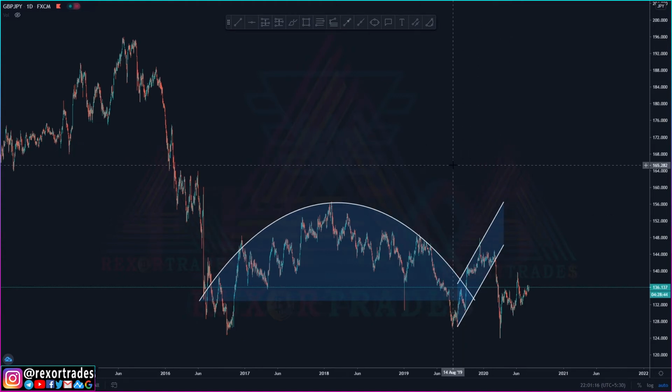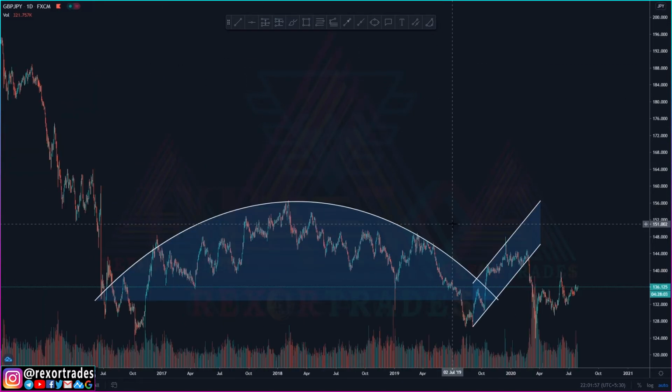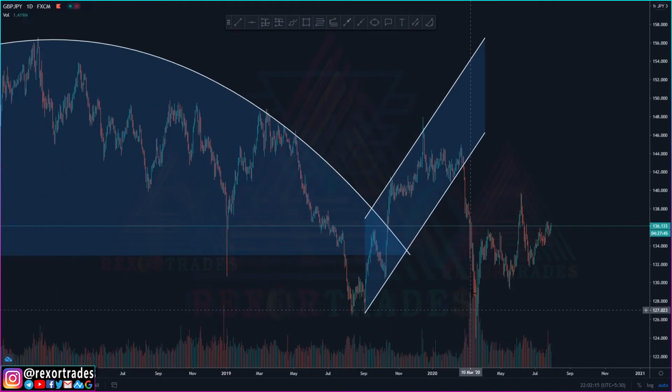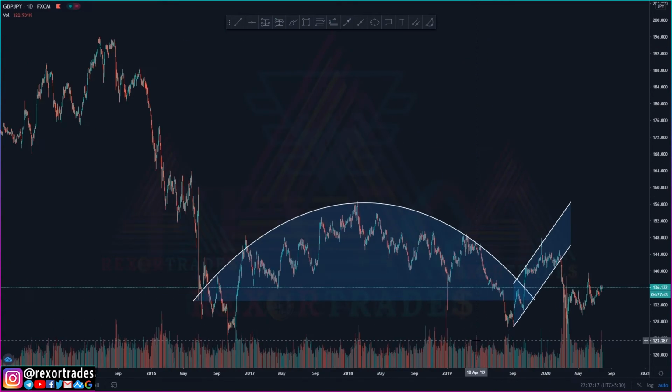Then we're going to grab our volume indicator to fulfill our third requirement for the cup and handle pattern being formed. Now in our volume indicator we can see, after price formed the curve pattern and was forming the handle pattern, the volume was shrinking, getting down and down, but when price broke the handle pattern, there was high volume on the break. As you can see from this point right here, there was a lot of bearish momentum.